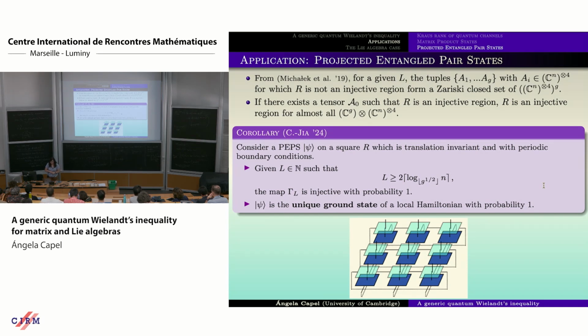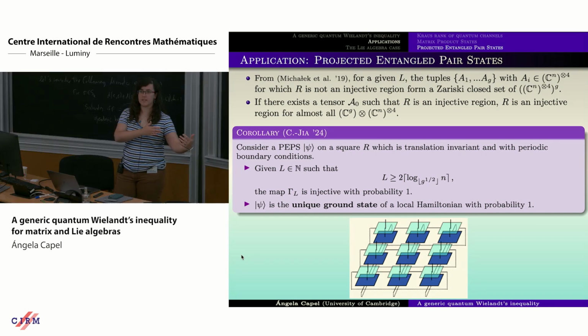And this is what we do. So what we do now is engineer a PEPS for which we can actually show that if the length is large enough, but still of order log of n, then the gamma L is injective with probability 1. And the way to engineer the PEPS is very easy, because we know the result for MPSs, which is in